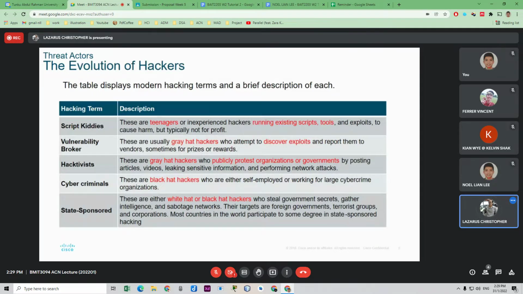All right. So let's look at the evolution of hackers. These are modern hacking terms that you sometimes read online. Script kiddies. Kiddies represent young teenagers, or they just know a little bit, but enough. They are inexperienced. They're not very technically gifted, a little bit. But they are able to do certain things because they have access to